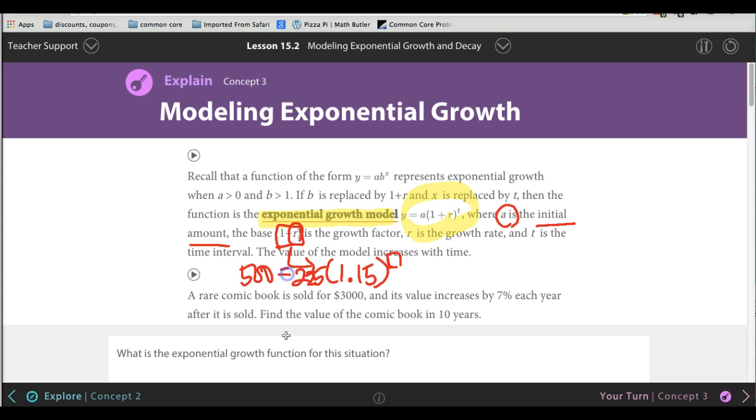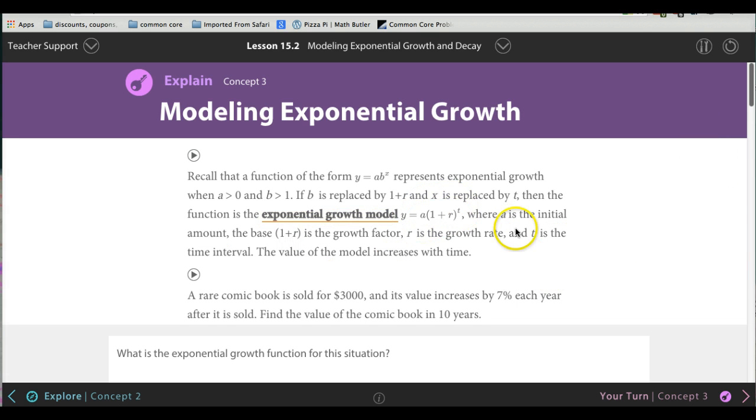And we wanted to find out how long it took for the wolves to have a population of 500. Okay, I hope you remember that. Anyway, R is the growth rate, usually in percentage, and T is the time, and we did that, right? Instead of T though, we used N or X on our graphing calculator. Anyway, the value of the model increases with time when we have that. However, sometimes we have decaying functions, and that's going to be the next page,